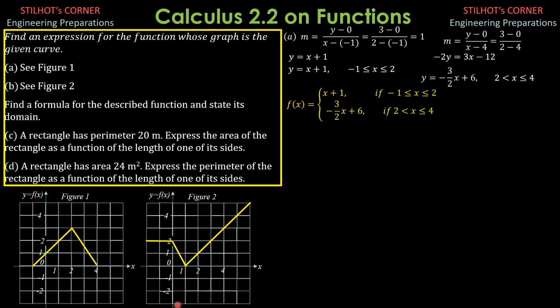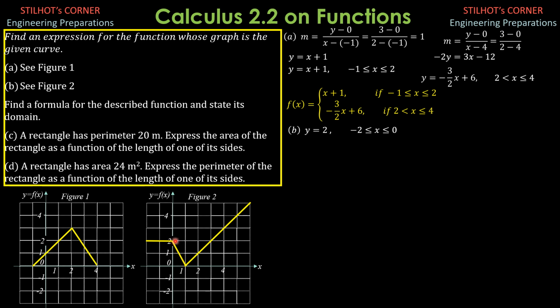The y-axis is x equals 0, because x is 0 on the y-axis. The equation of the x-axis is y equals 0, because y is 0 on the x-axis. So f of x is equal to positive 2 for negative 2 less than or equal to x less than or equal to 0. So y equals 2 for negative 2 less than or equal to x less than or equal to 0.